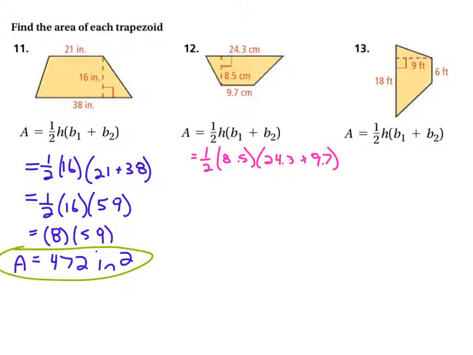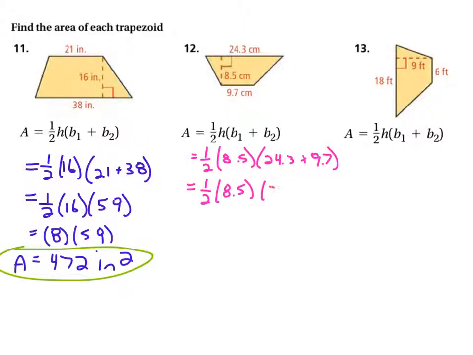And I'm going to use a calculator because I just want to make sure I'm not making errors for you, and because I know you have access to that, so why not? The first thing I'm going to do is add the two bases. So we've got 1/2 times 8.5 times 24.3 plus 9.7